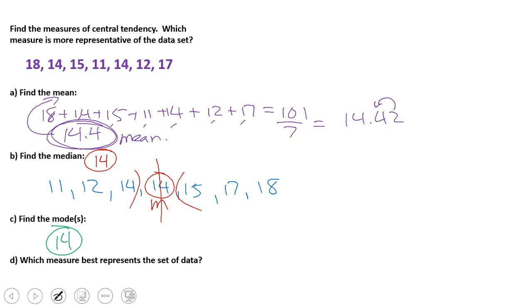And as we look at the last question, which measure best represents the set of data? Well, we have 14.4, and then we have 14 and 14. And as I look, 14 to 18 to get to the highest number is a difference of 4. And going from 14 to 11, that's a difference of 3. That's pretty close. So we're probably not going to use